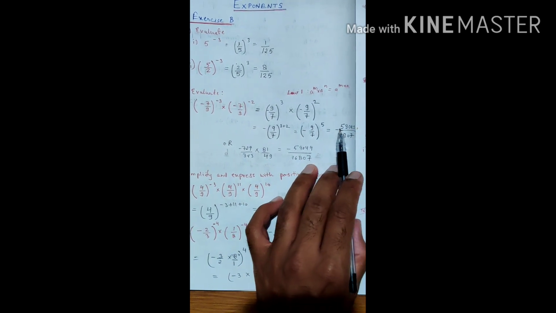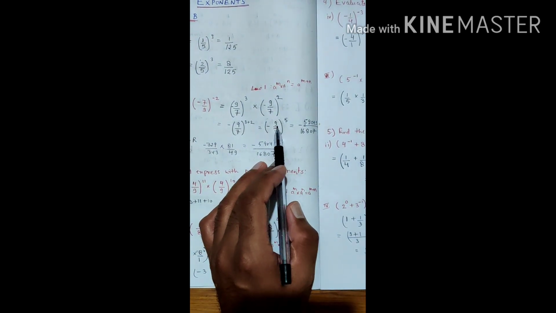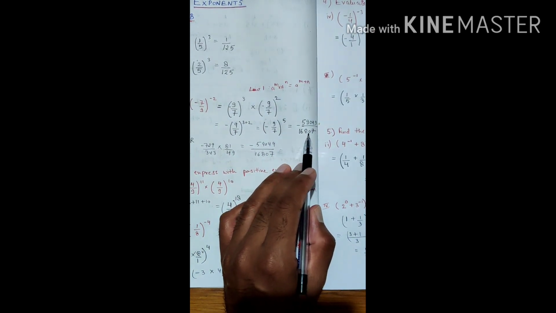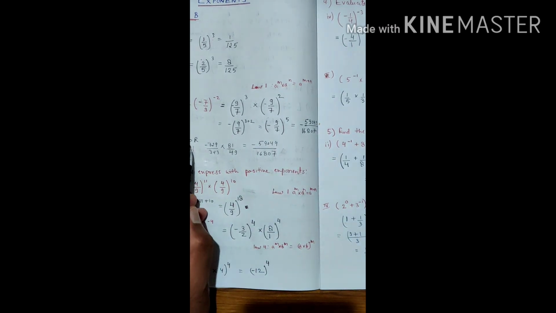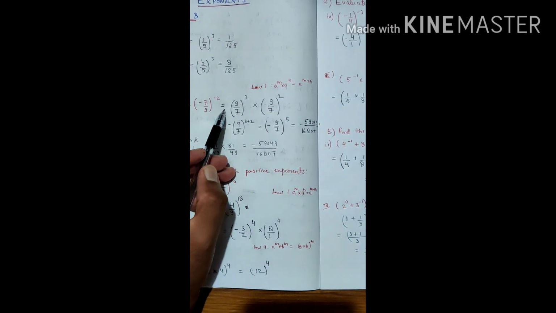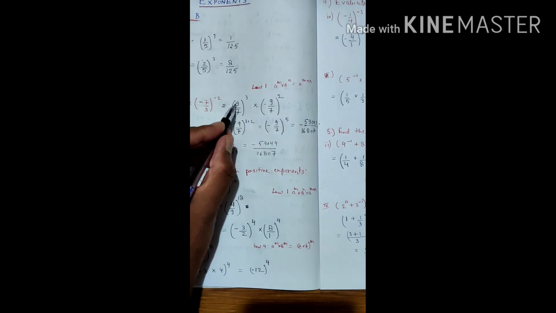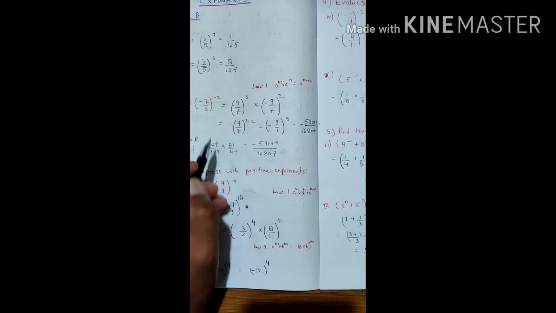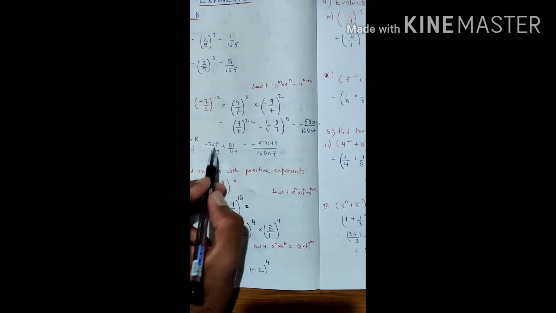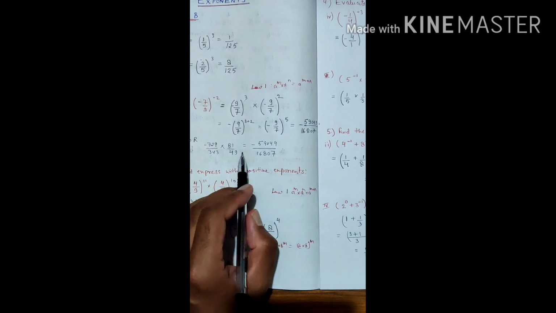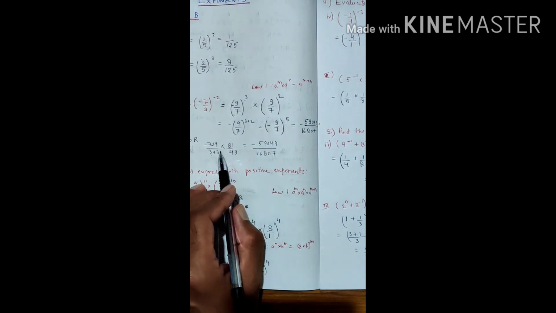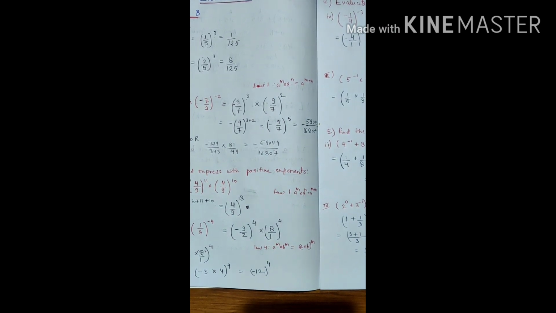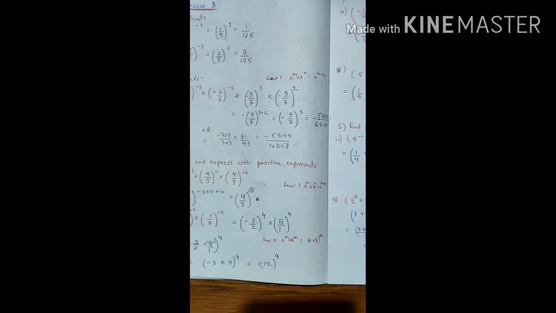Once you expand this, or multiply 9 five times, you will get the result 59049 divided by 16807. Another way of doing this is to expand from here. See, 9 by 7 and your power is 3. So 9 cube is 729 and 7 cube is 343, into 9 square is 81 and 7 square is 49. Then you can multiply and you will get the same result. So it is up to you what method or approach you want to use in this.